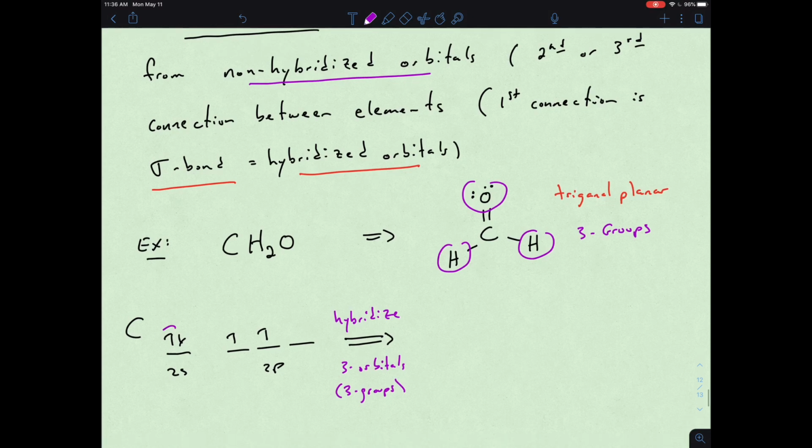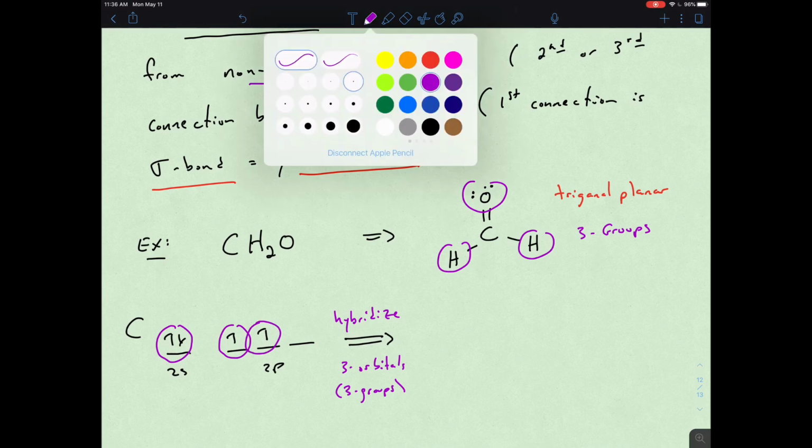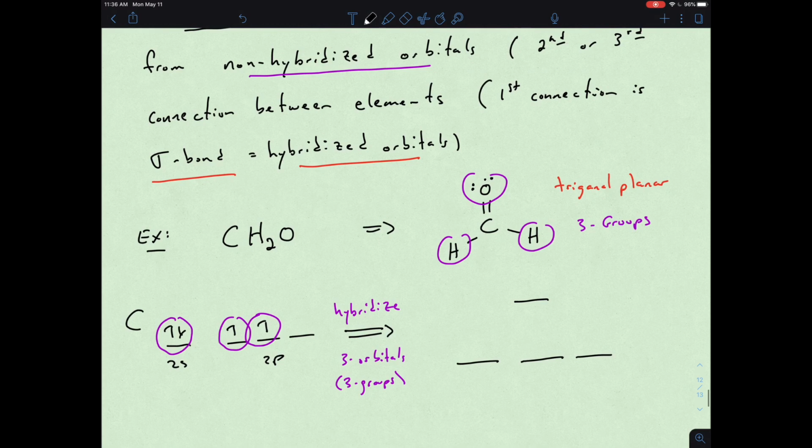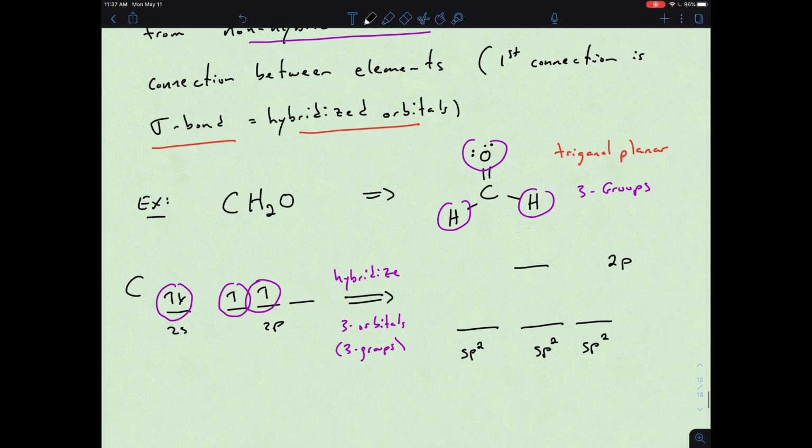So, we're looking at taking these three and creating now three new orbitals, which we have here. And then we still have one that's left over, right? We start with 4, we end with 4. And so each one of these is an sp2 hybridized orbital. And then up at the top we have a 2p. And then if we put our electrons in, we have